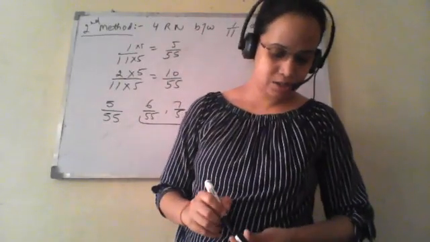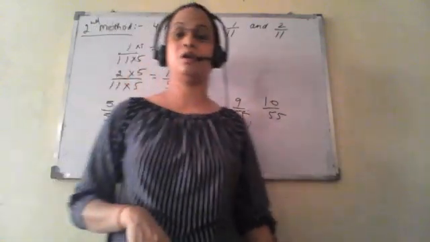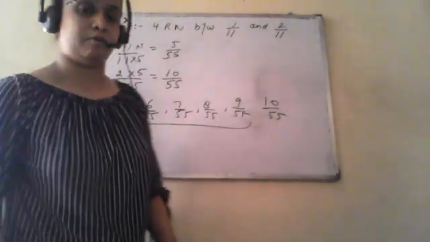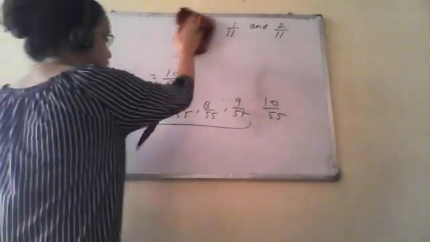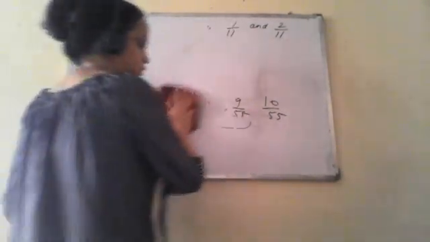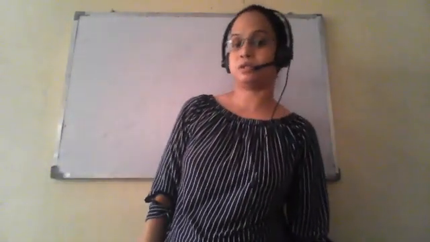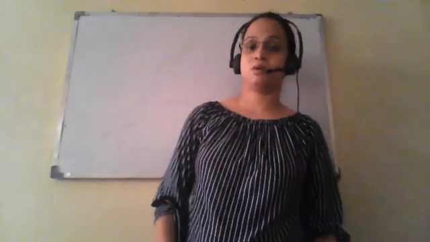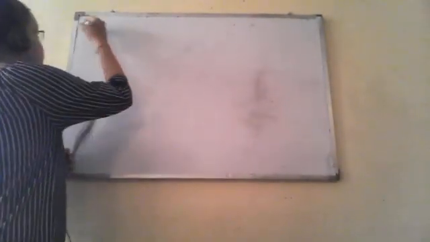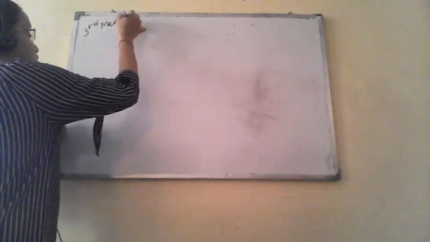Now there is a third part, when these are not like terms, these are unlike terms, or their denominators are different. So how to find? This is the third method. These three methods can be used interchangeably for any type of rational number, whether they are like terms, unlike terms, or simply natural numbers.